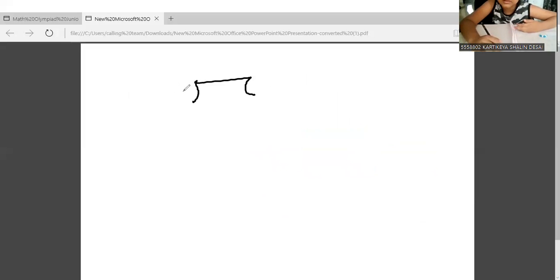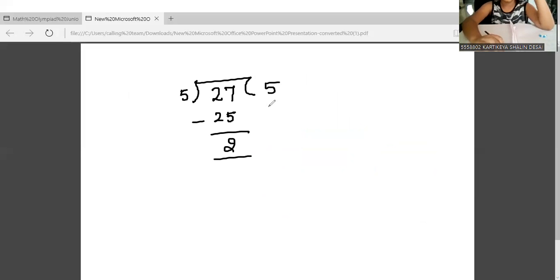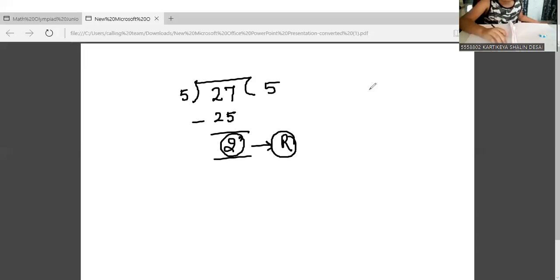So let us see what is the problem here. Guys, whenever you divide any number with 5, let us say 27, what can be the quotient? Can you say 5 will be the quotient? This is how we divide. So we put 25 here, we take subtraction. What is the remainder we are getting? 2. Actually, whatever be the remainder has to be less than the divisor always. Remainder should always be smaller than the divisor. You should know this.